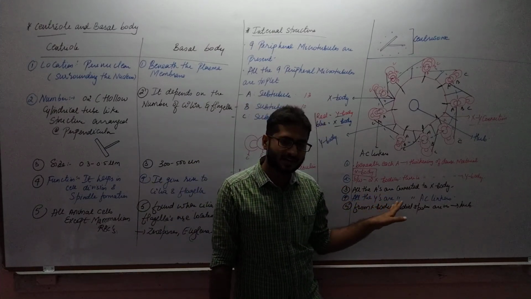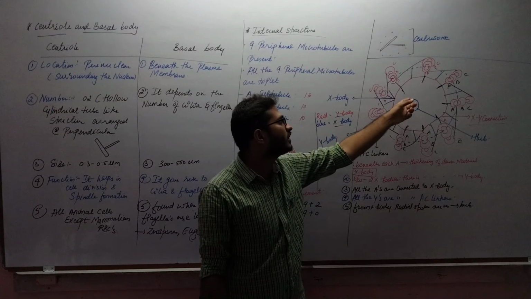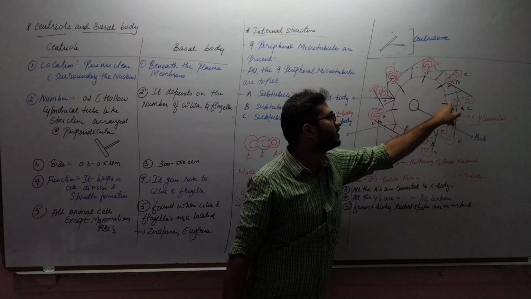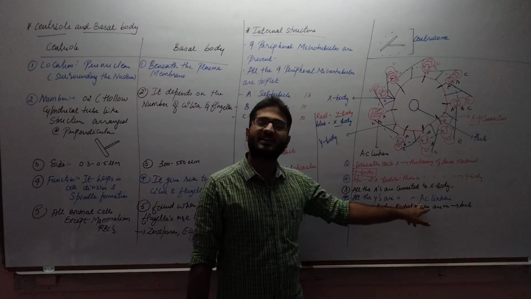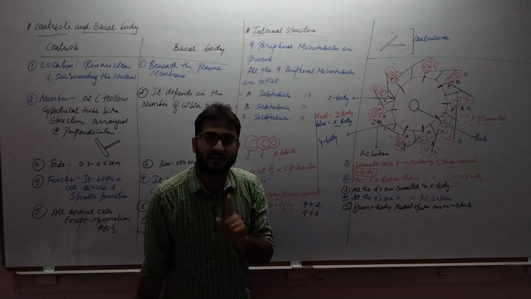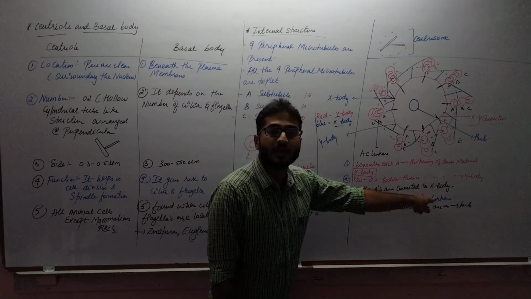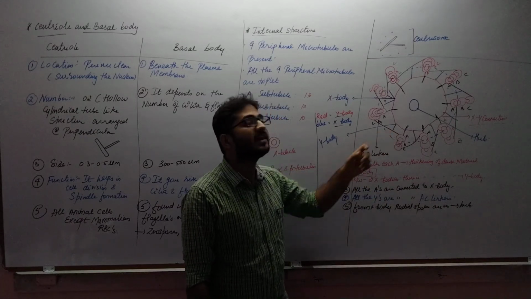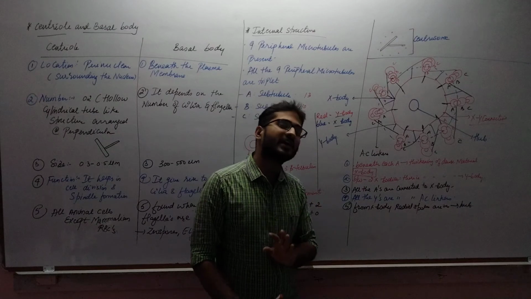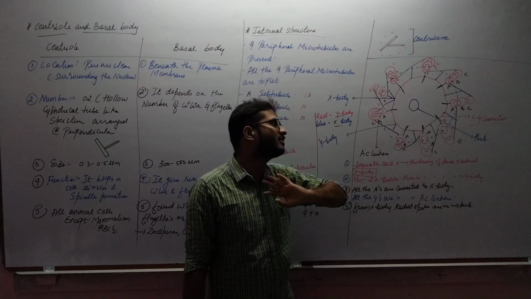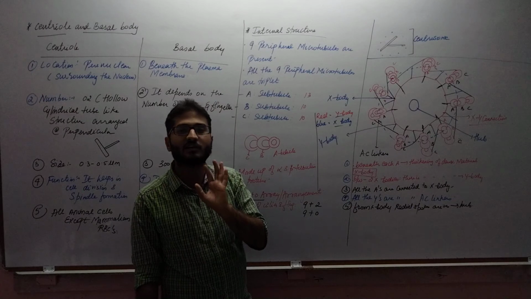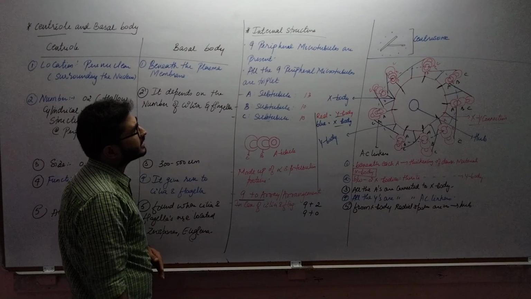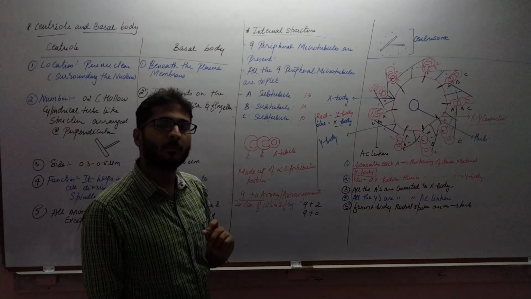All the A's are connected to the X body. So X body is denoted by blue. You can see the connections with the X body. All the Y's are connected to AC linkers. All the A's are connected to X body. Remember, all the Y's are connected to AC linkers. And from X body, a radial spoke arises and extends to the central proteinous material of the structure, which we call the hub. So this was all about the centrosome, centriole and the basal body.